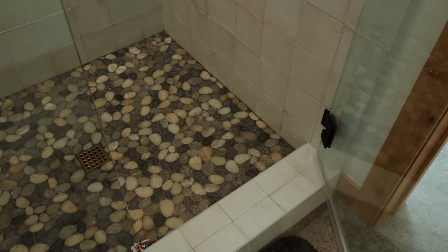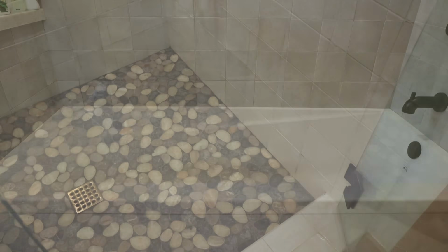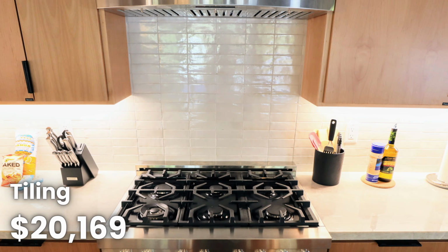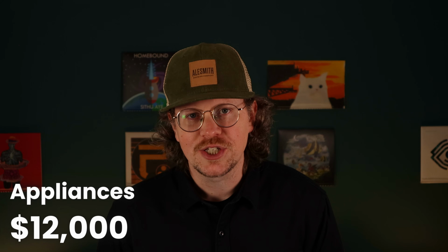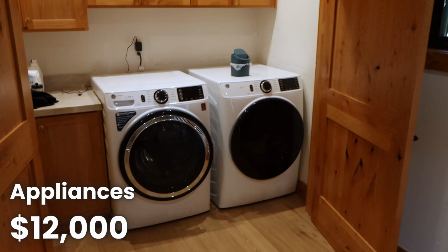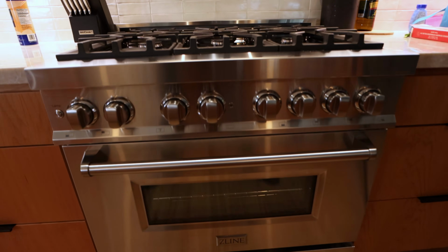We went with a handmade tile look on the walls of the kitchen and bathrooms, and then these porcelain tiles on the bathroom floors that looked like natural stone. And then we added this super cool pebble floor in the shower. All the materials and labor for tiling totaled $20,169. We spent $12,000 on mid-range appliances throughout the house, including the laundry and this awesome looking 36-inch gas range